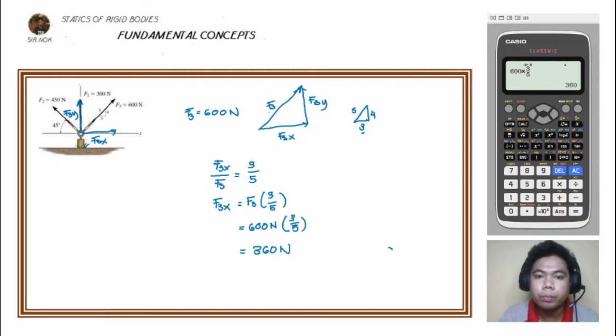So positive. Then solving for F3y, so F3y over F3 is equal to, so F3y corresponds to 4,